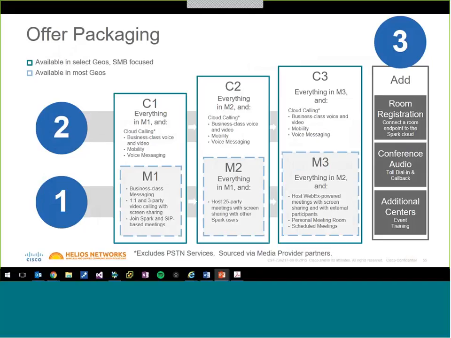If you can ignore the C1 here, and the C2 and the C3, as it stands right now, this is very simple. So you go, right, okay, what do we want for our business? Well, we could probably just use right now maybe just the M1. We just want three-party video calling, screen sharing, and that'll do us. That's you right there, M1. That's the free version, actually.